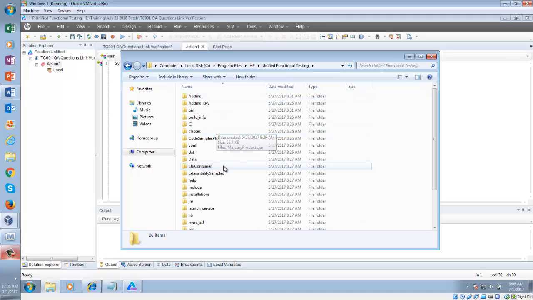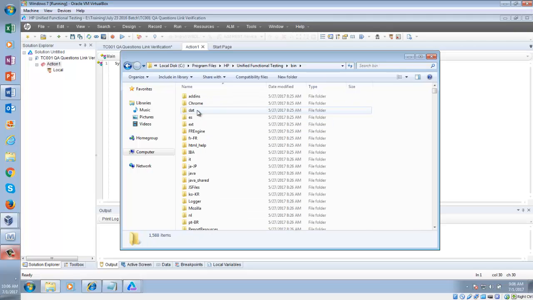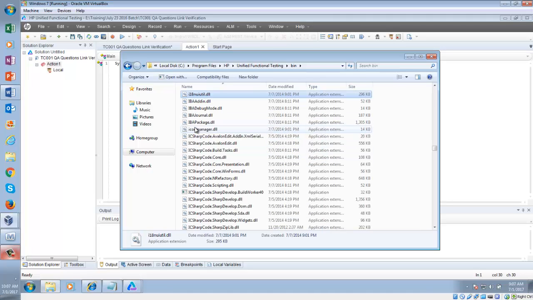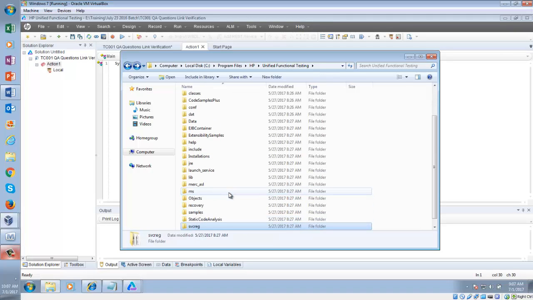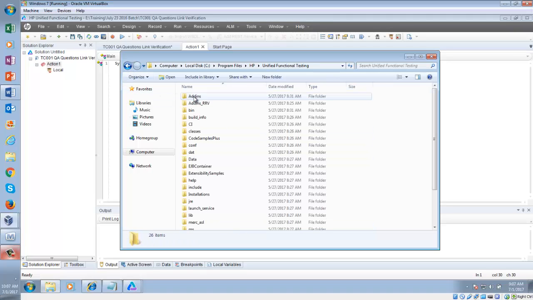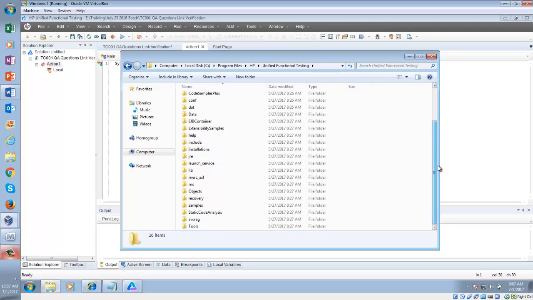You open this, and then can you see bin? And inside bin, if you click on